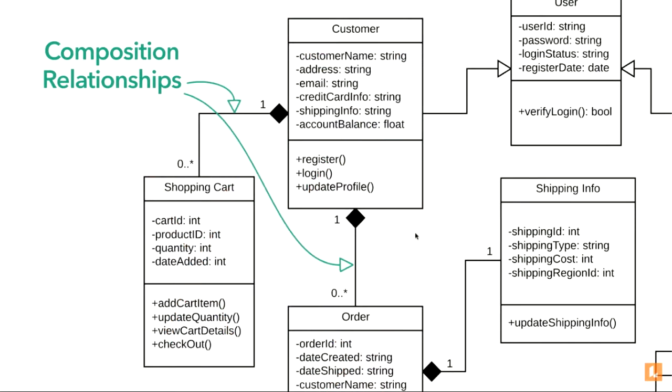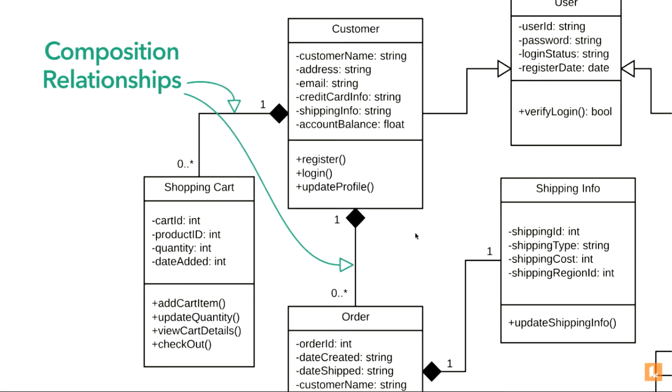Now one more thing is happening here: you can see multiplicity. If you want to read this one, how will you read it? You have to come to this one with a has. It means shopping cart has one customer, exactly one customer. Obviously, a shopping cart will have only one customer. Every customer can have only one shopping cart, right? That is why shopping cart has one customer.